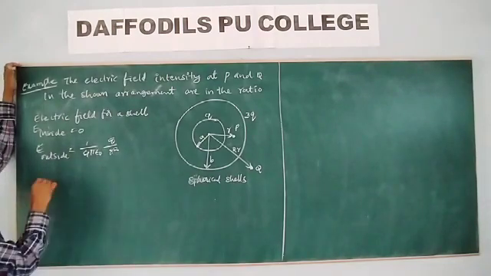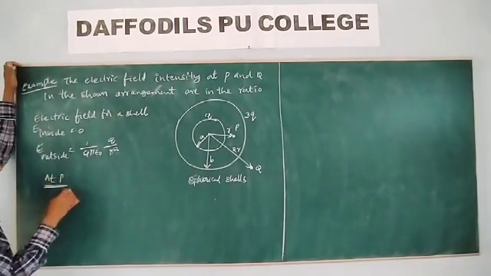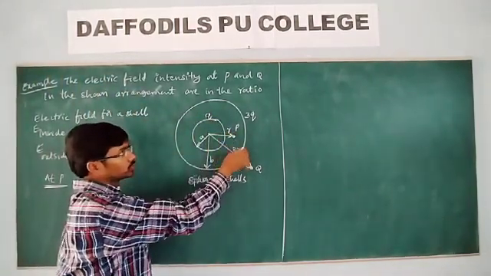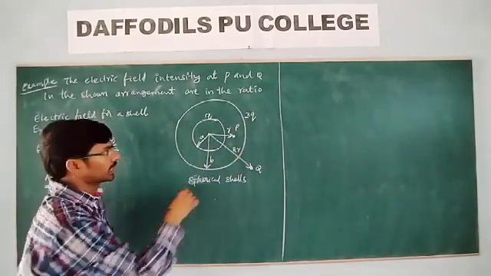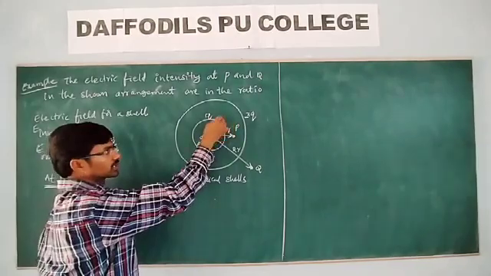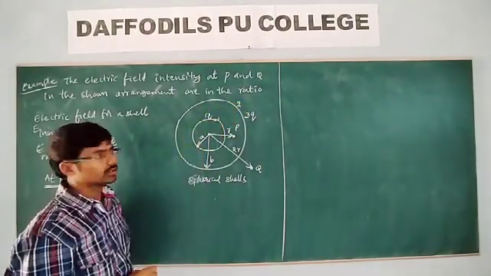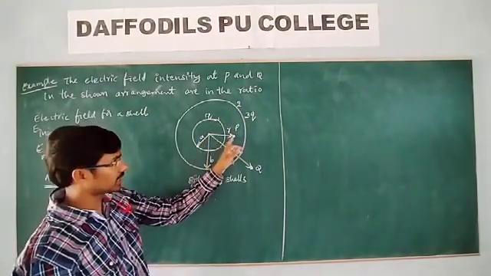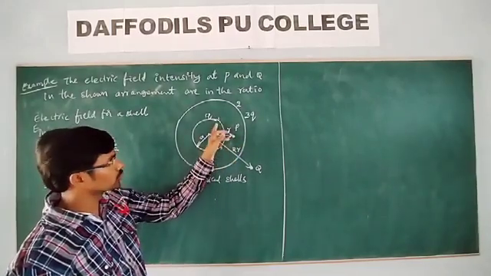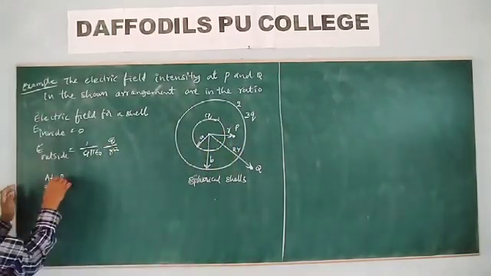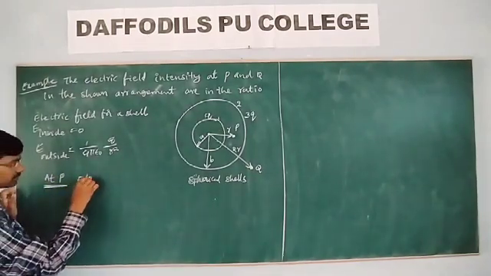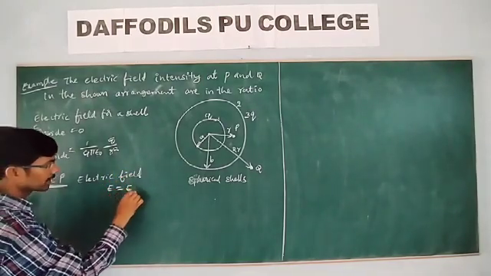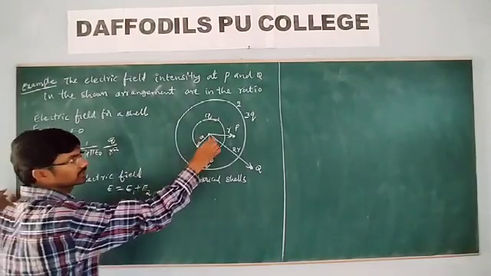But here at point P, what is the electric field? Can you tell? So here due to the charge q and due to the charge 3q. And this point P is outside for the first shell and inside for the second shell. Therefore, due to the second shell at point P it is 0. But due to this first shell at this point it is 1 by 4 pi epsilon q by r square. Okay? At point P, the electric field is E is equal to E1 plus E2, the electric field due to the first shell and the electric field due to the second shell.